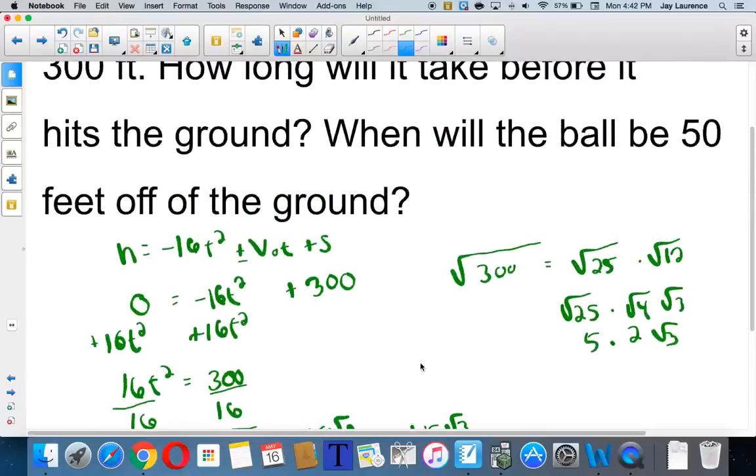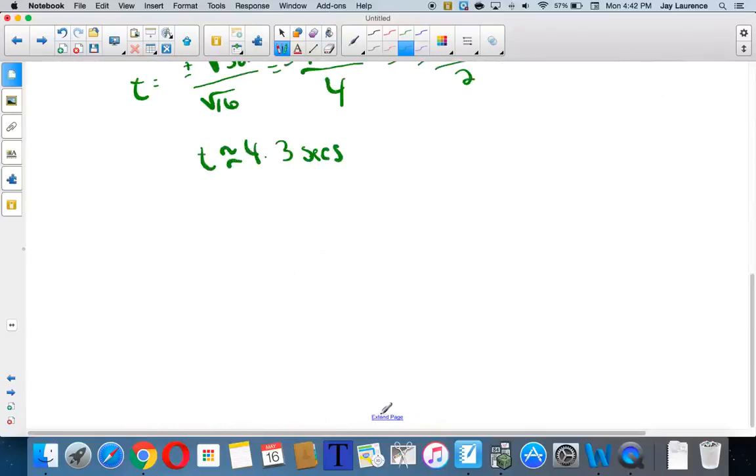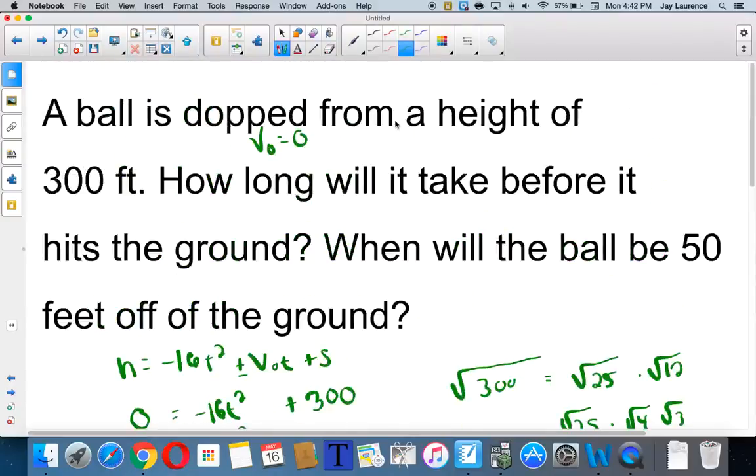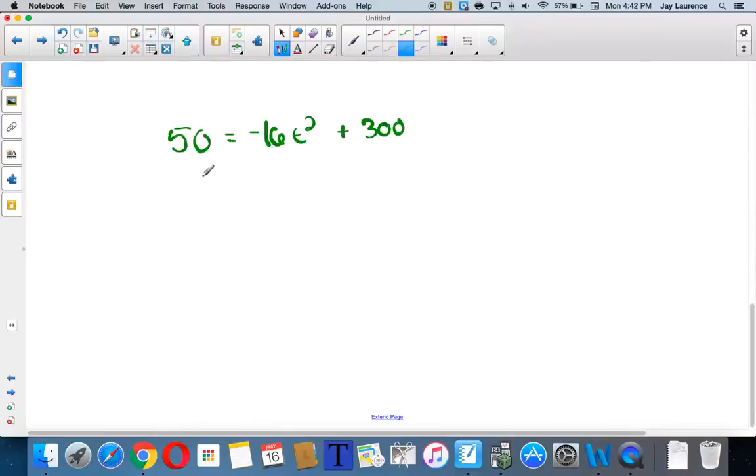All right, the other question is, when will the ball hit the ground? Well, the ending height, when will the ending height be 50? Well, it'll be 50 feet off the ground. So that's going to equal the same equation, only with a 50 over there. What was it, from 300, I think? Right? Yep, 300 feet off the ground. Okay, so it's got to be equal to 0, so I'm going to do negative 16 t squared plus 250. And on this one, I'll go ahead and use the quadratic formula so you can see it in